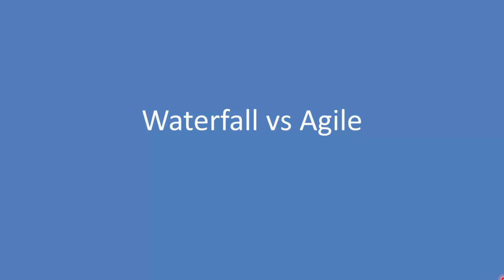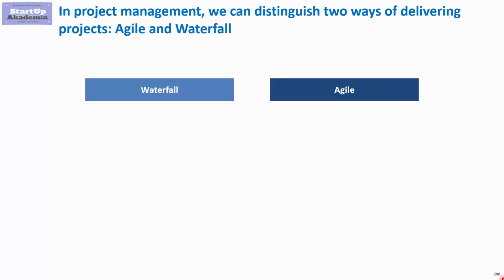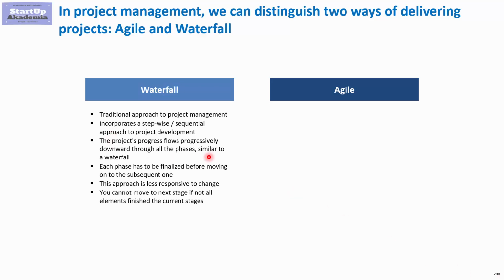You may come across two terms that are quite often used in project management, the waterfall approach and agile approach. We'll shortly discuss what they boil down to. In waterfall approach, we assume that we're going to do the project step by step. So we move forward from one stage to another one, and most of all, you cannot move to the next